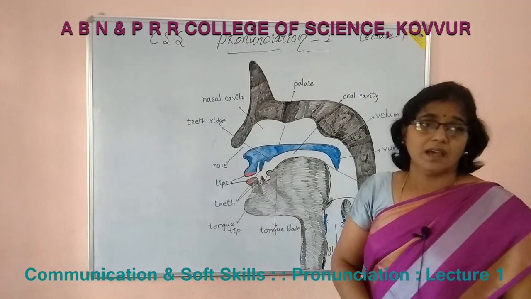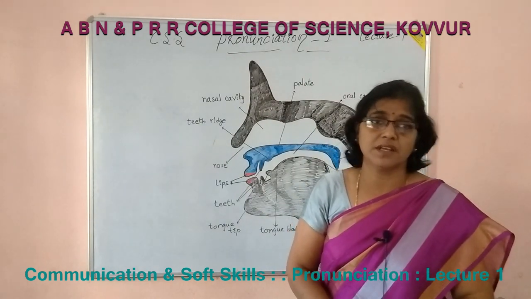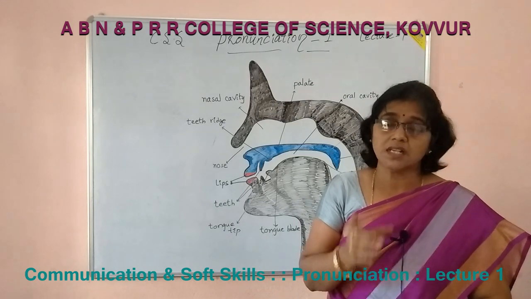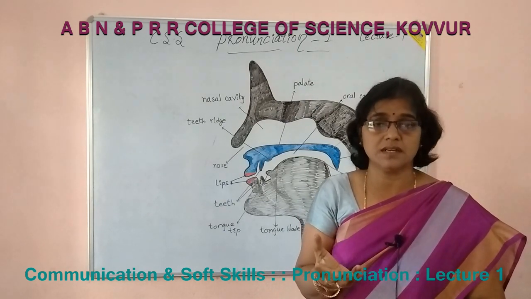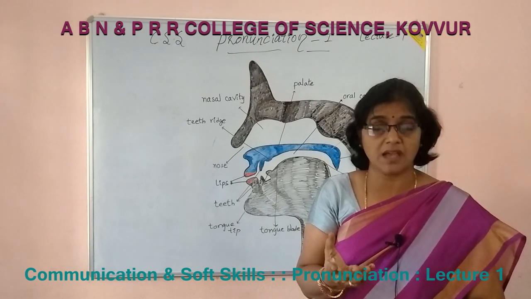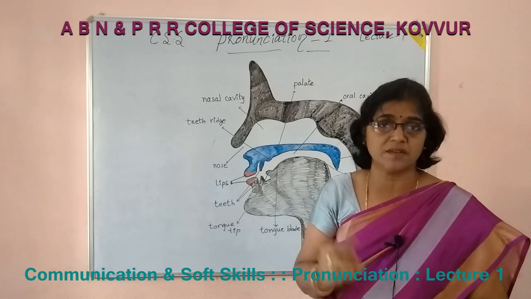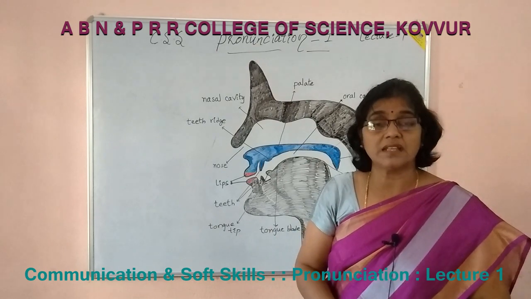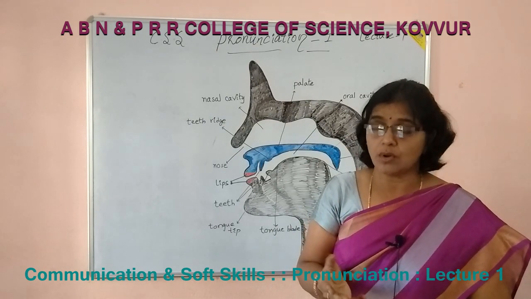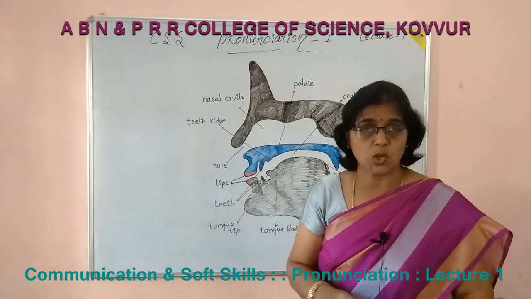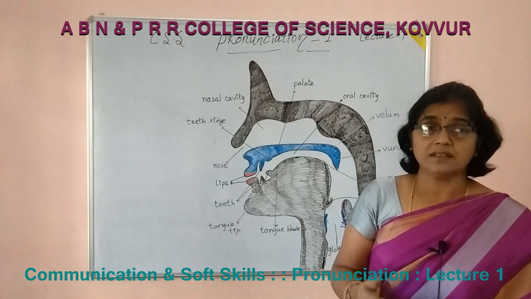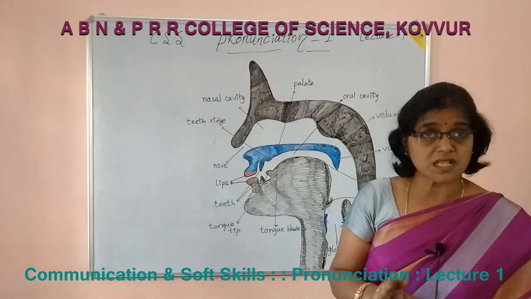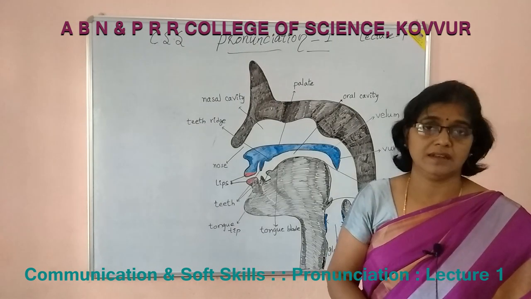So, in the English language, there is no correspondence between sound and letters. What are the letters? What are the alphabets we have in English? There are 26 alphabets. You know pretty well that A, E, I, O, U are vowels and the others are consonantal sounds. So, I told you one point that there is no correspondence between sound and letters.